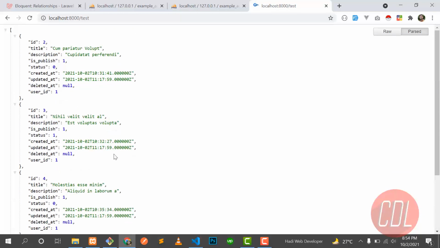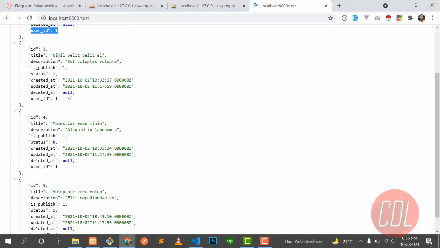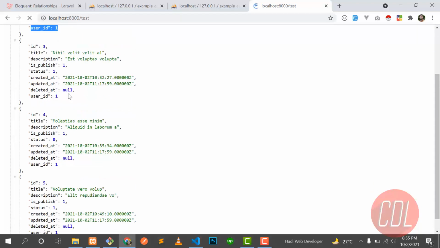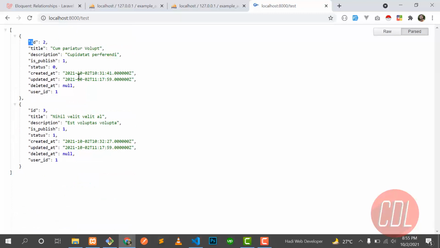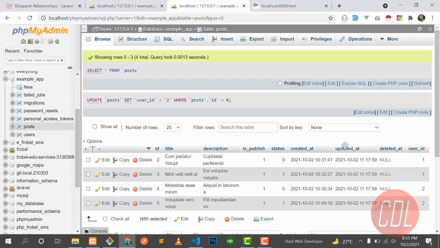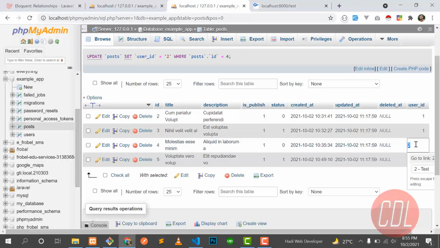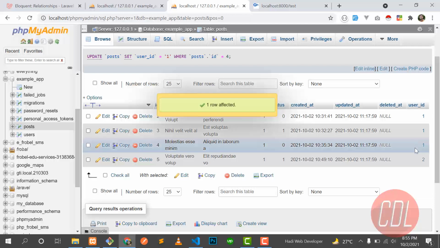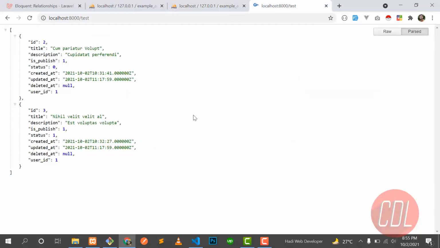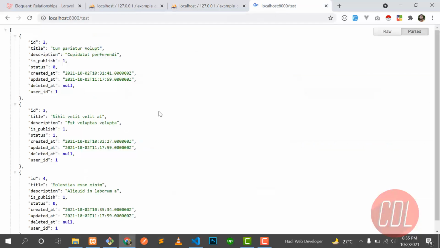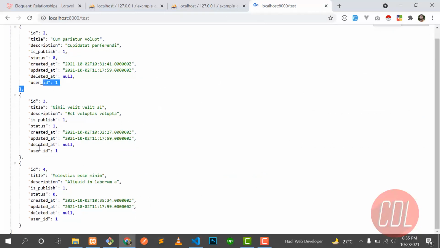So let's give it a refresh. It will return only 2 posts where id equals 1. So let's give it a refresh, and yes, it's now getting these 2 posts where id equals 1. So it removed these posts. Why? Because this id does not belong to this one. So let me change it again to 1, so it belongs to user 1, so it will get the user 1 posts, right? So it's getting the 3 posts where id equals 1, right?